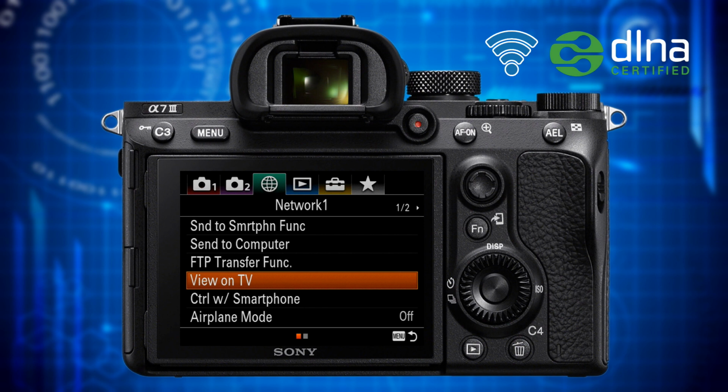Then, the first time you invoke this feature, it starts to search for compatible devices in your Wi-Fi network and provides you with the found devices. Choosing the HD TV, the camera establishes the connection to it. Since this feature is limited to images only, the better way is connecting your camera to the HD TV via